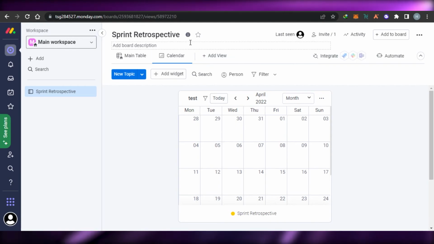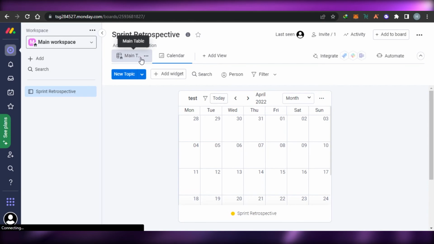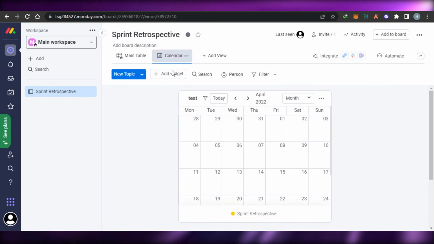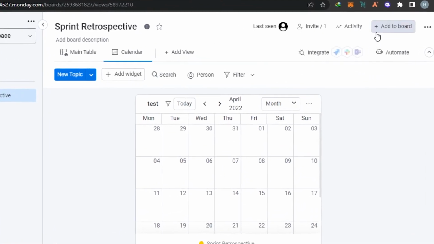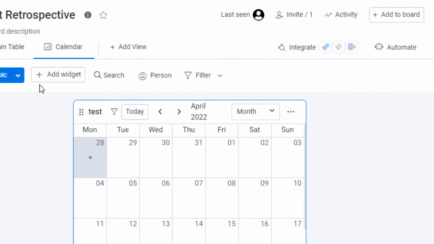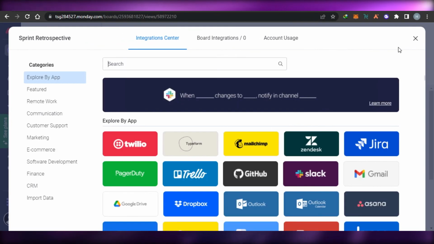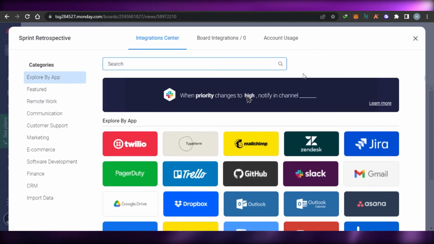And then we can simply go ahead and change different settings, add tasks, and get a calendar view on Monday.com to get more productive and check our time, get punctual, and meet our deadlines. You can also go ahead and, of course, share your calendar view with someone, this board right here, or if you are integrating any kind of software, you can simply go ahead and add all of the details. You can import all of the events from that software to your Monday as well, from that calendar to your